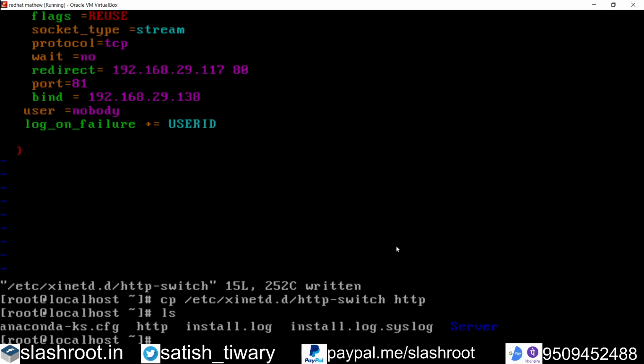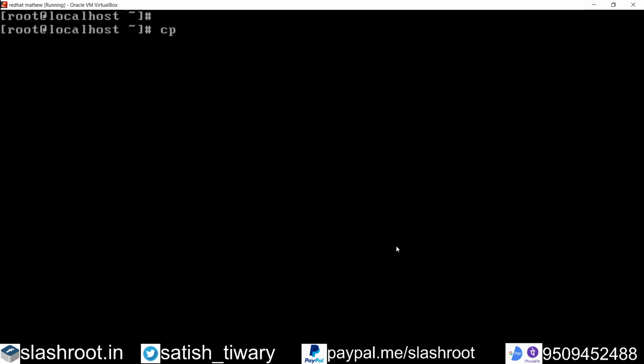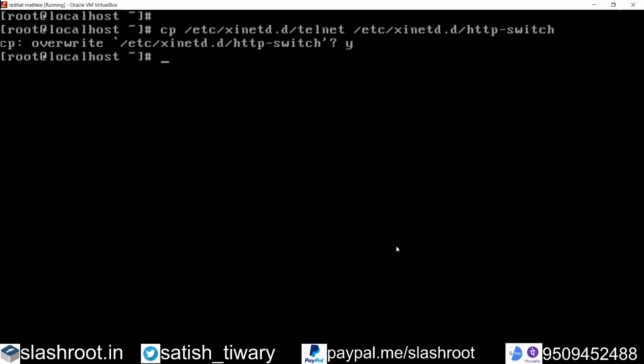Now what I am going to do, I am going to clear this screen and copy another file like the /etc/xinetd.d/telnet file to /etc/xinetd.d/http-switch. Yes, overwrite it.